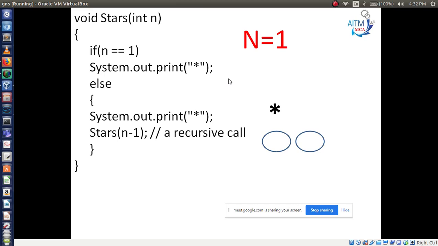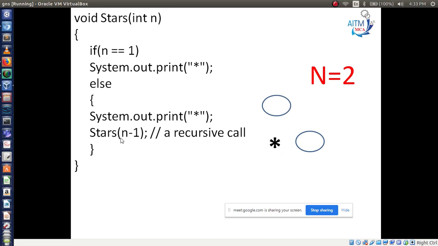Now if I pass the n value as 2, in this situation what will happen? Now apply here n is equal to 2. Now check the condition. 2 is equal to 1, condition true or false? False. Now come to this. Here you are printing a star, so it will print the first star.